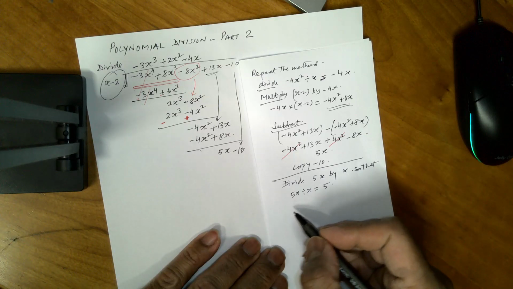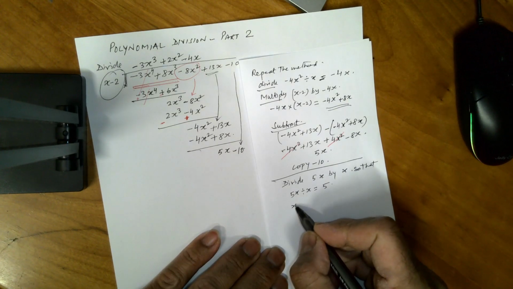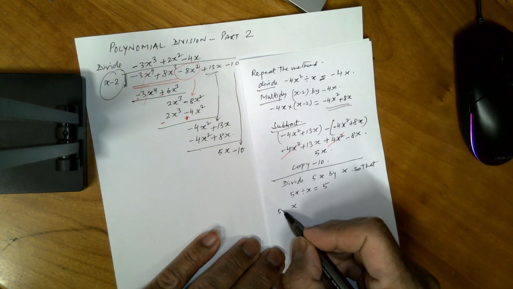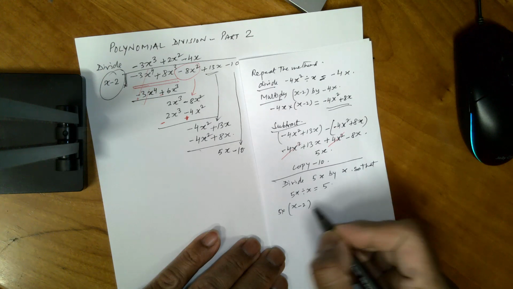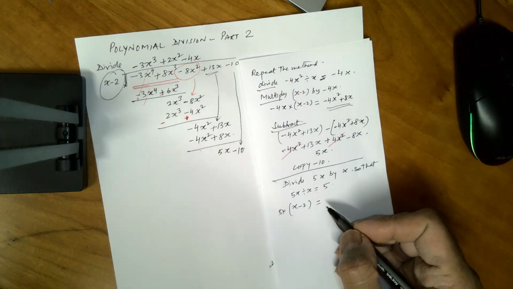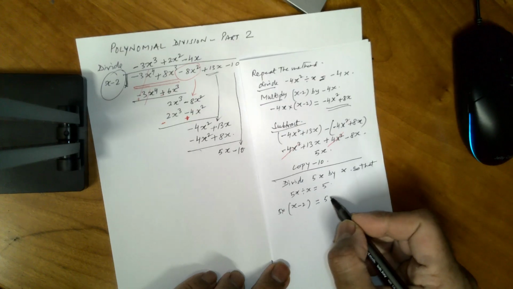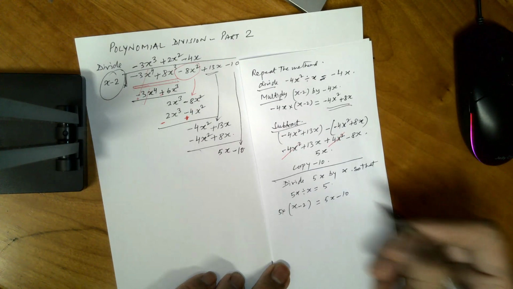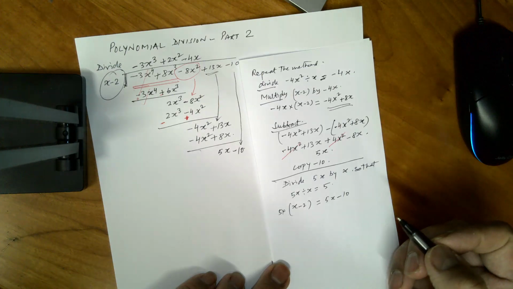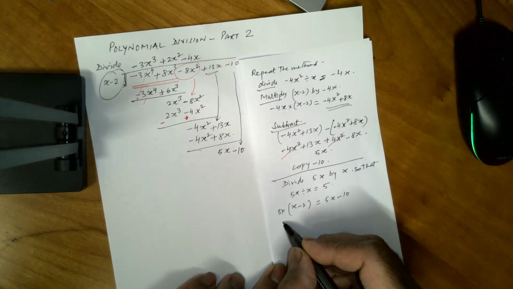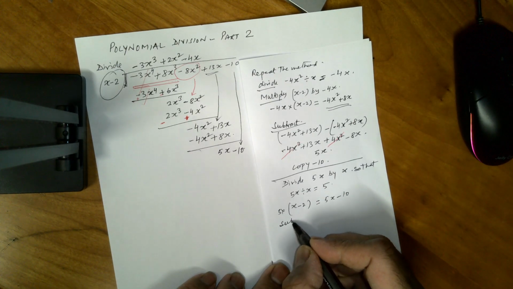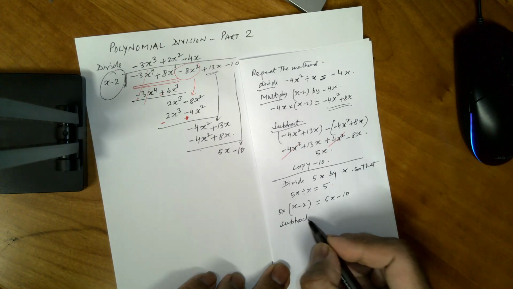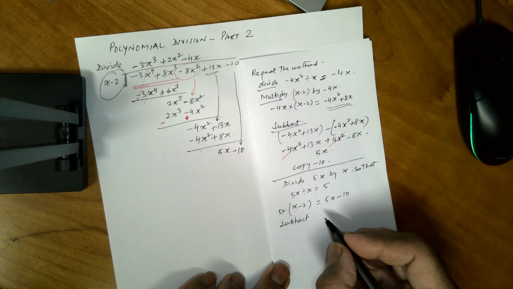What's the next bit? Multiply. So what you multiply? You know that you got 5 multiply x minus 2. Okay, so that will give you 5x minus 10, right? Then subtract. Okay,